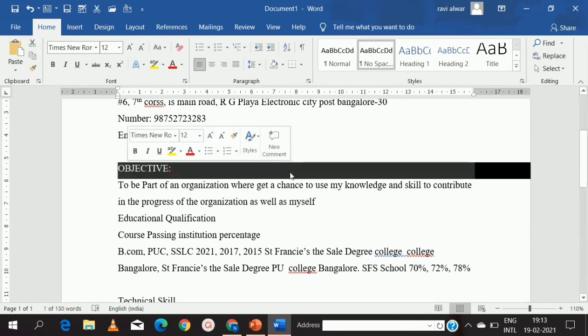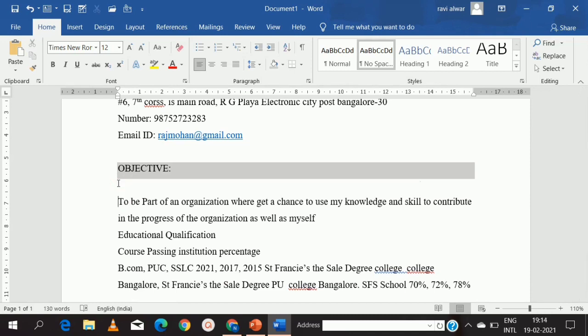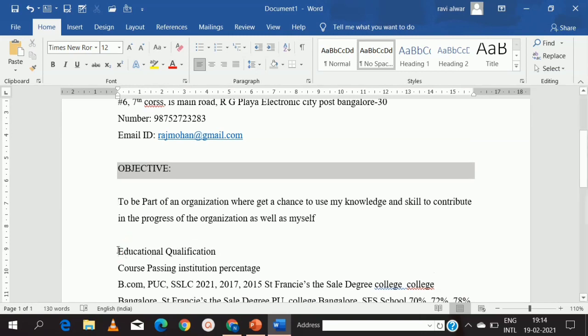Okay, next I want this to be a little down, so I'm going to click next to the T and press enter. It will come down. Then I want my educational qualification, so again I'm going to select like how I did for the objective. I'm going to give space till where I want the color. I'm going to press the space button and select from there.